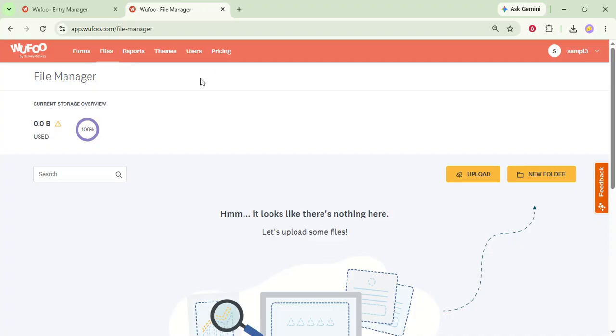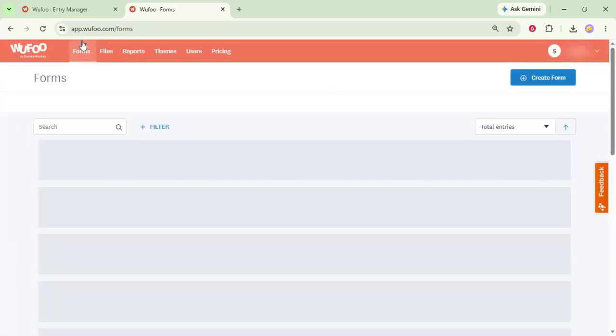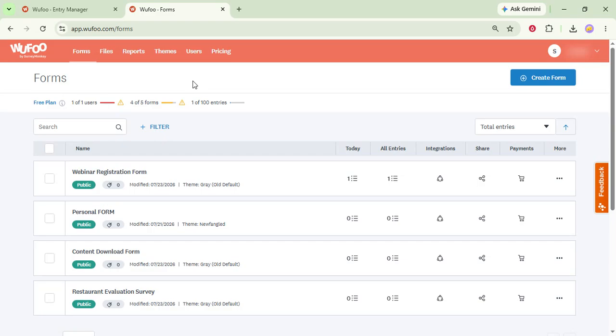This is where you'll find all the forms you've created in Wufoo. If you have a lot of forms, you might need to scroll or use the search feature to locate the specific form you're interested in exporting data from. Clicking on Forms will display a list of all your available forms, making it easy for you to proceed to